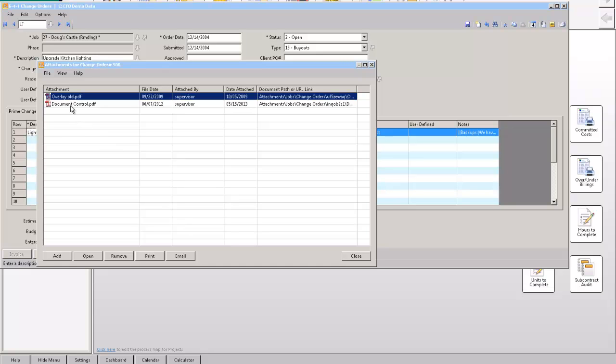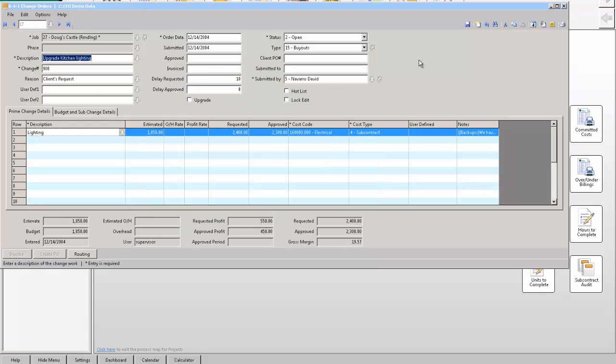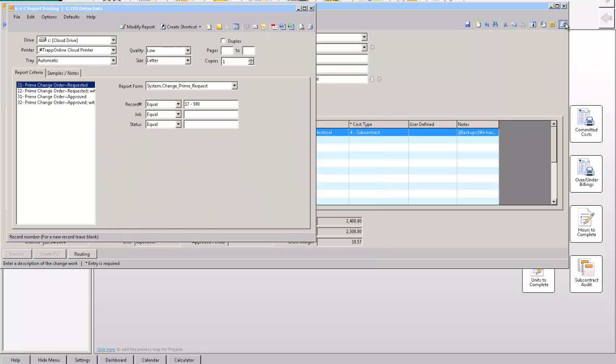And then if you're in here and somebody says, hey, I don't remember sending that to you, I can just click my email here and it'll go ahead and email that attachment out right from here without having to go find the original attachment. And the other part is it prints out a really nice